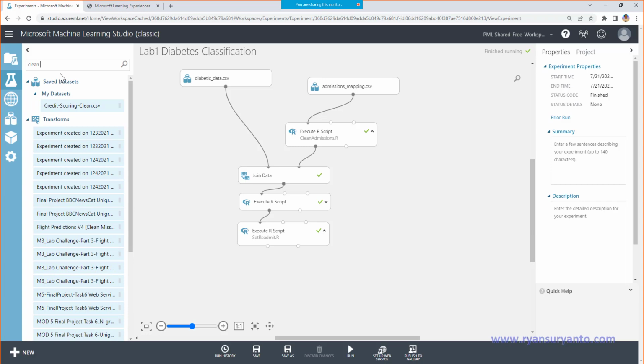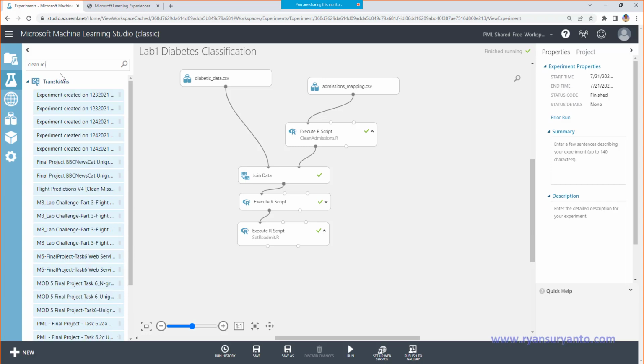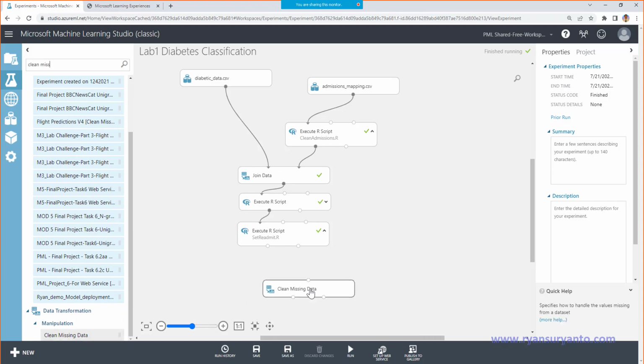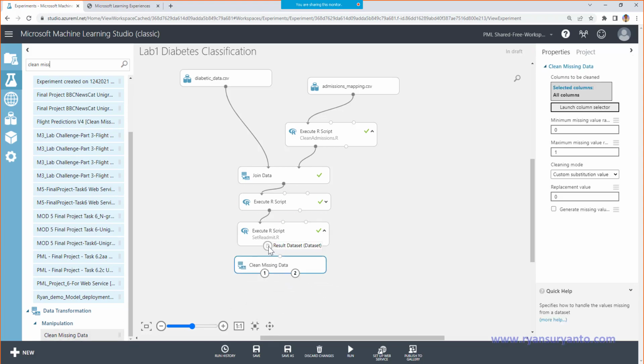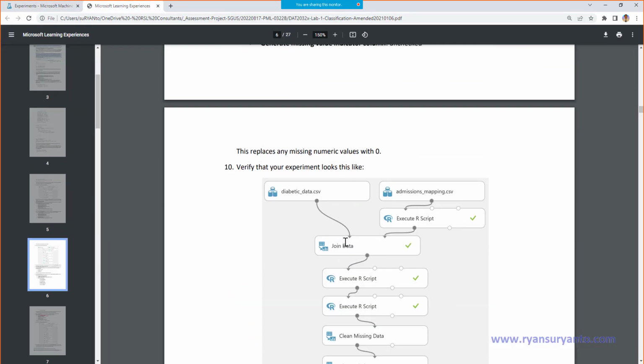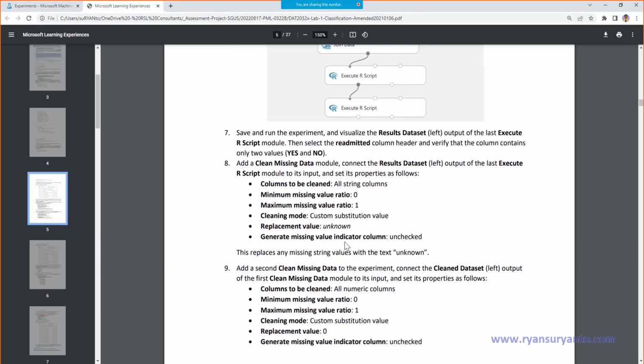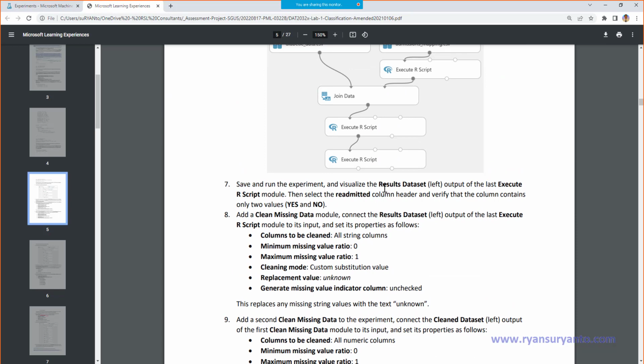Clean missing data. Okay, here you go. So the first clean missing data is for the columns to be cleaned: all string, minimum 0, maximum 1.